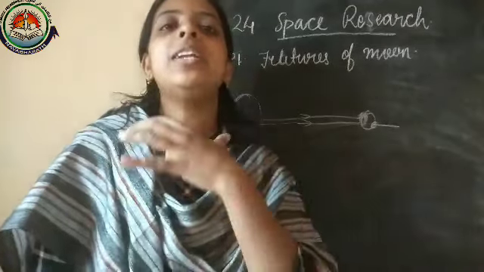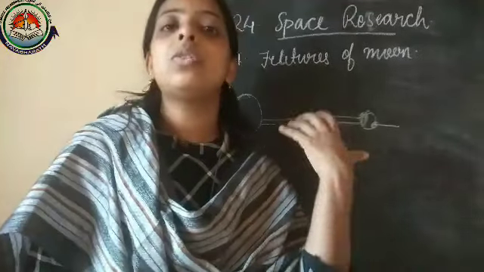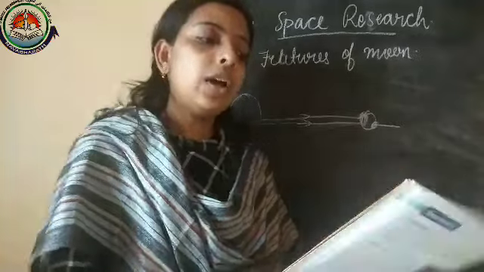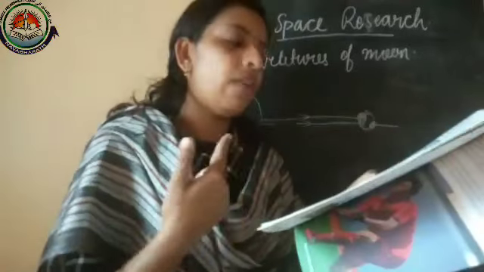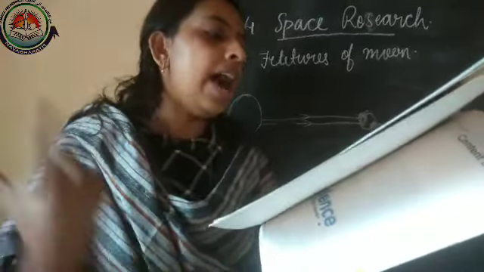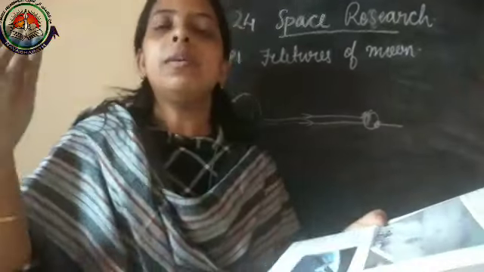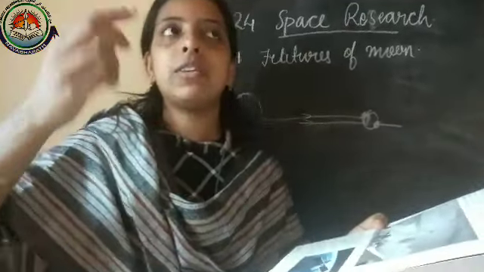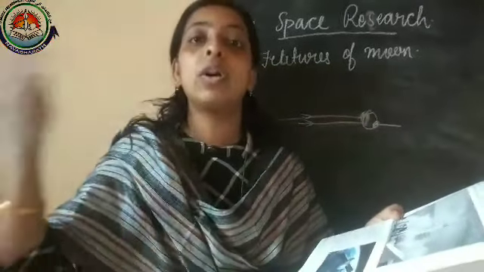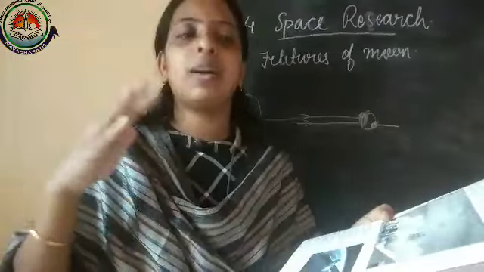Okay, there are tremendous uses for these kinds of artificial satellites. And in your content book, it is given point-wise how artificial satellites help us. First one, to study and predict weather. If we predict the weather, then in the morning there will be weather updates on our TV news channels, so we can plan accordingly.